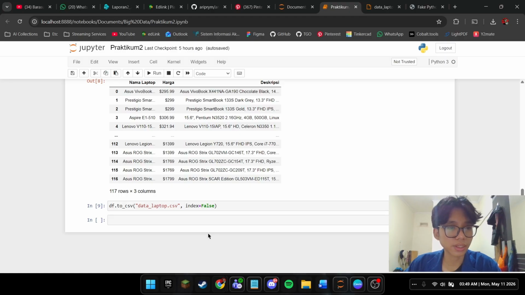Finally, I export the DataFrame into a CSV file named data_laptop.csv. The parameter index=False ensures the default DataFrame index numbers are not included in the file, so the output is cleaner.